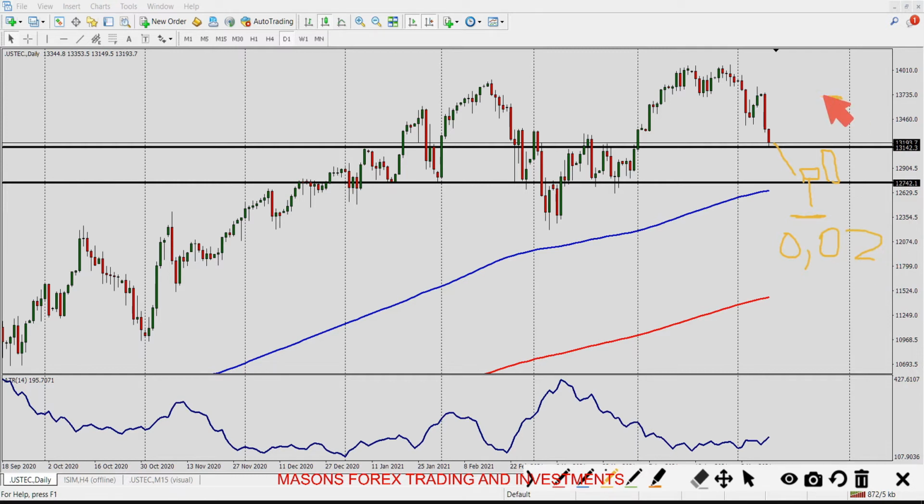When you reach your target, let's say your target is 1:1, which means if you're risking $1, at this point here, you'll be able to make your $1. When you make your $1, you can close this position or close half of the position. So you close 0.01